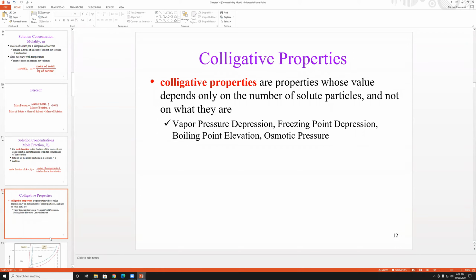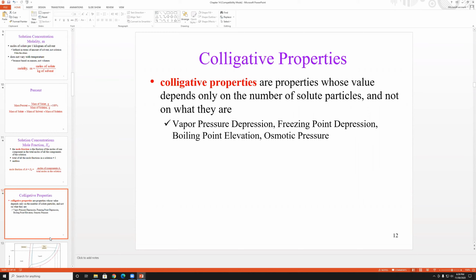Colligative properties are properties that depend on the amount of solute and concentration of a solution, not really what those substances are. So those involve vapor pressure depression, freezing point depression, boiling point elevation, and osmotic pressure. So the main three, I mean, vapor pressure depression is something to keep on the back burner. The main three that have equations we can solve pretty easily are freezing point depression, boiling point